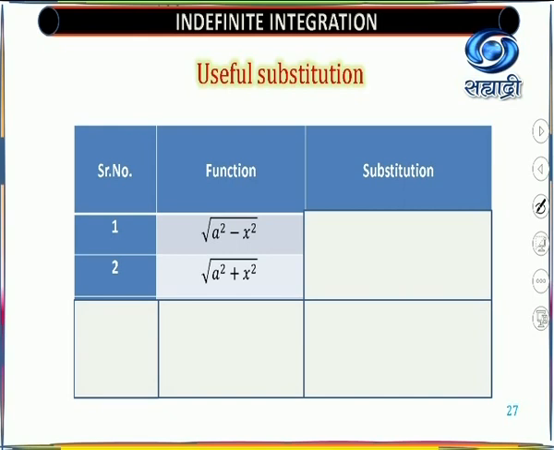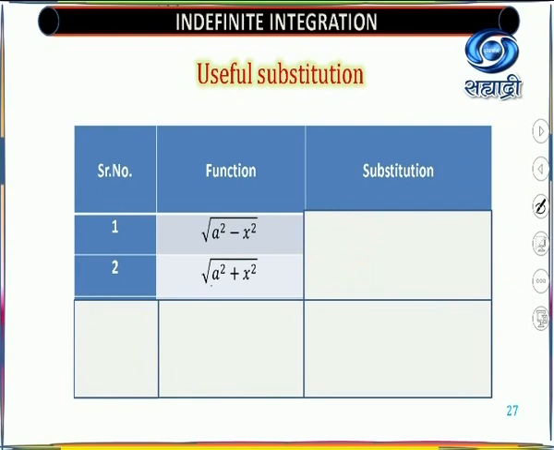Here you have to think about what to substitute for x. With a square minus x square, you need to find the identity, and then you can take a square common and get cos square theta. Another is root of a square minus a square sine square theta; then you can take a square common, it becomes 1 minus cos square or 1 minus sine square, and your function will be simplified. So here the substitution is x equal to a sine theta or a cos theta.